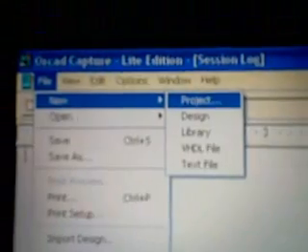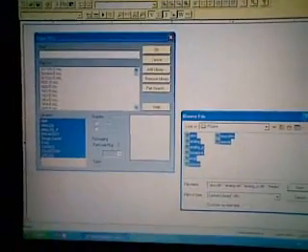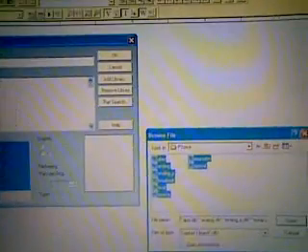Now here you have to create a new project by going into file option, new and project. Now in order to design or make a circuit, you have to add libraries to placeboard option. That is the second option in the rightmost column, placeboard option, then add library, and add all of these libraries to place part.